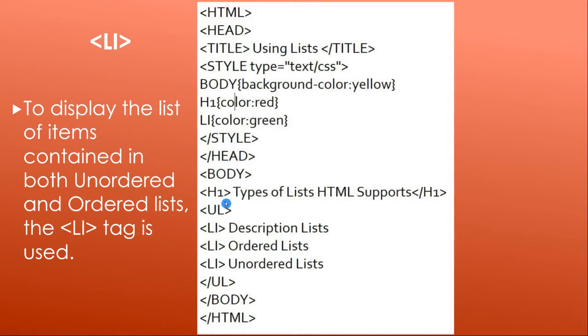Now I'm opening the unordered list ul. Then I'm giving the list items. Just notice that you don't have any closing tag for list items. For each and every list item you have to open the tag and give the list item, that's it, you need not close it. I'm giving 3 list items here. As it does not have any close tag, it is an empty tag, but ul is a container tag and li is an empty tag. Now I'm closing ul, the unordered list, and closing my body and HTML.